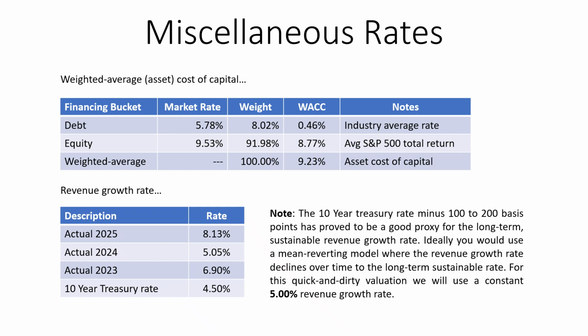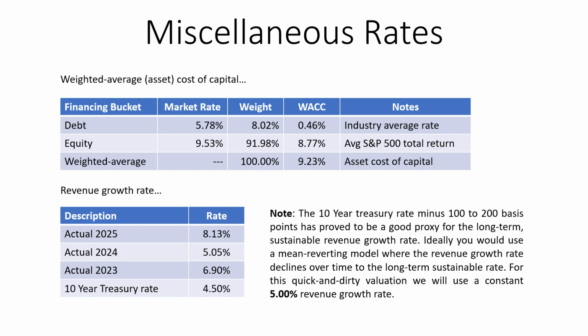The next thing that we want to do is calculate 2 more rates that we're going to need for our valuation equation. The first rate is extremely important. It's the weighted average cost of capital. When we say weighted average, we finance our balance sheet or our assets with debt and equity, and the mix tells us what our cost of capital is. You usually refer to the weighted average cost of capital as the asset cost of capital.